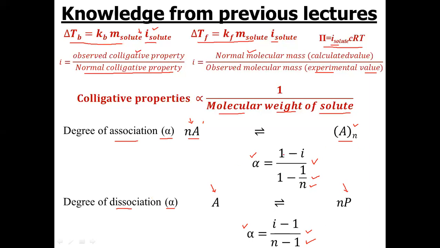These relations are quite easy to derive. It hardly takes 1 minute to derive them. So even if you forget them in the exam or when you have to do the numerical, you should know the methodology of how the relation was derived. That is more important, then you can easily derive it whenever required, because it is very difficult to remember all the things. So considering this basic knowledge on colligative properties of electrolytes, let us start the numericals.